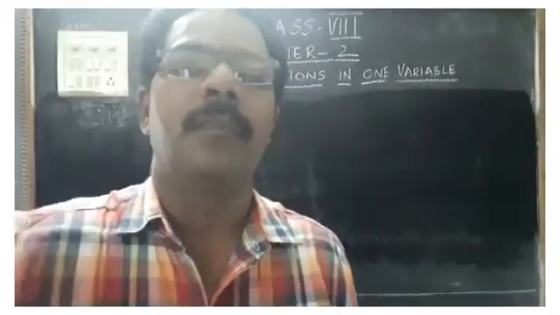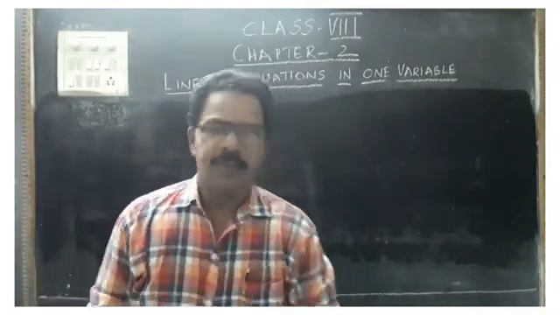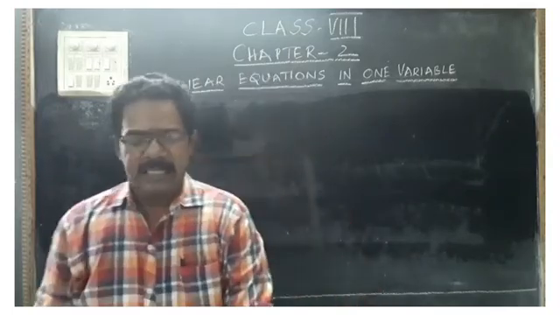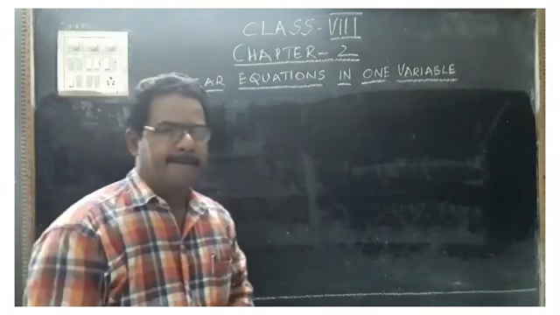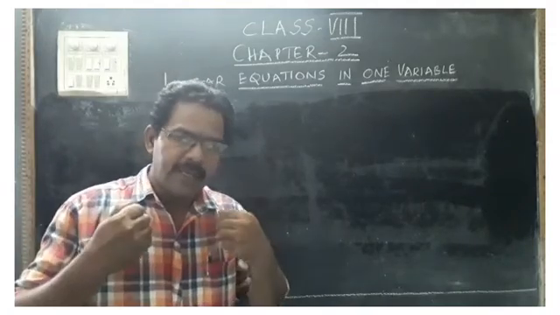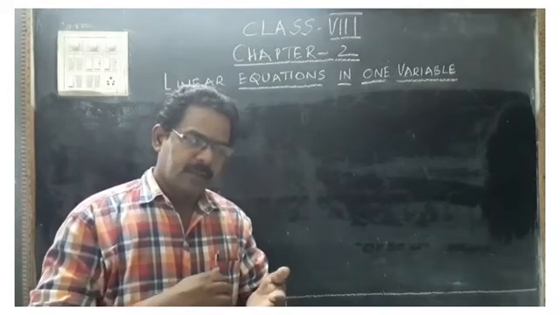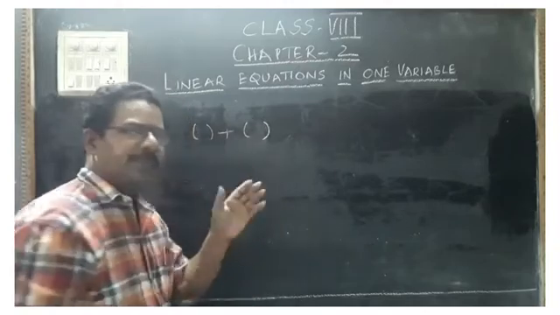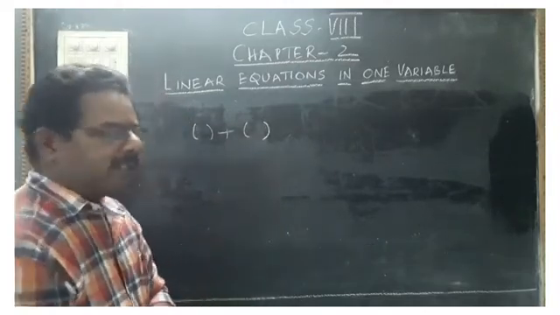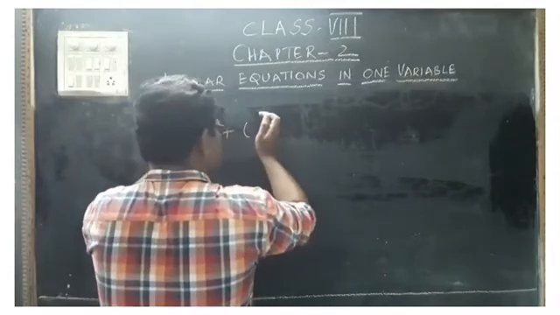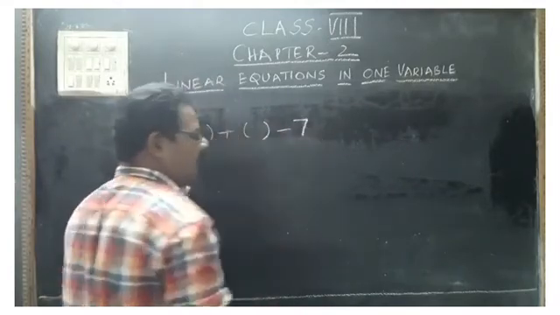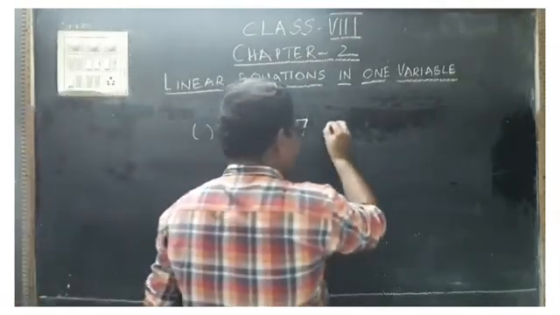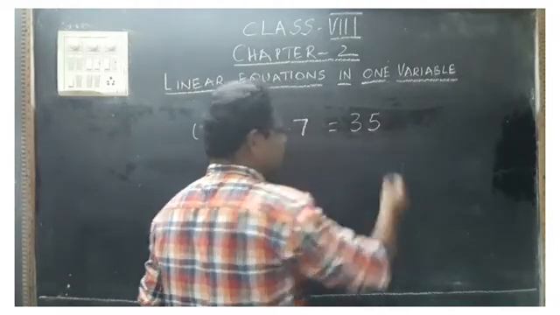What is that example? Now we shall take an example. Generally, our friends also ask this type of examples. Suppose I have a number with me. You don't know what that number is. I doubled it. Doubled means suppose I have some number, the same number is added to it. That means it was doubled. And take 7 away from it. From this sum, I have taken out 7, subtracted 7 from the sum. Then finally I got a number. Its answer is equal to 35.